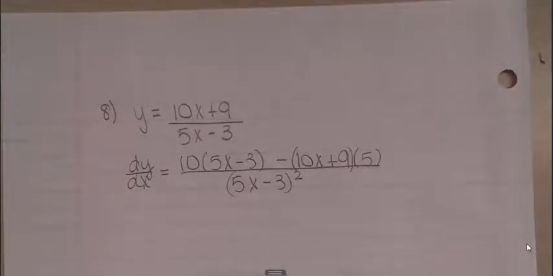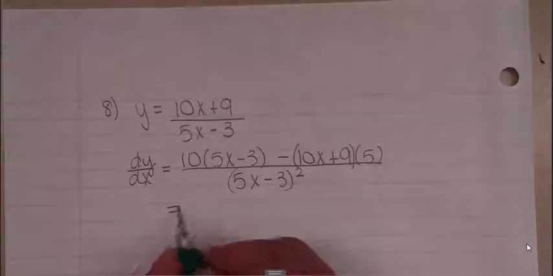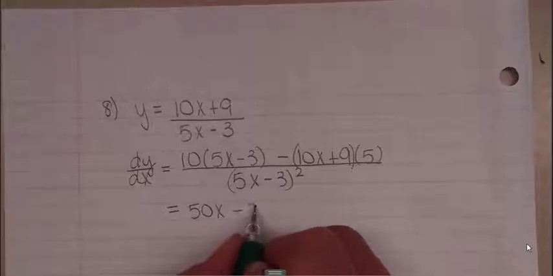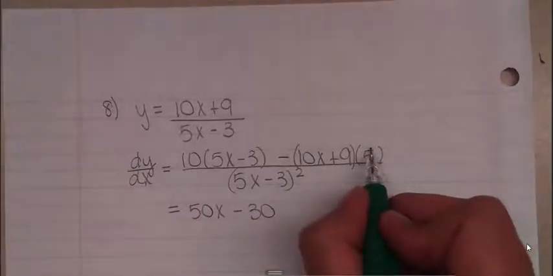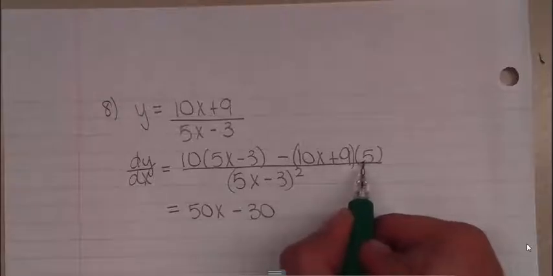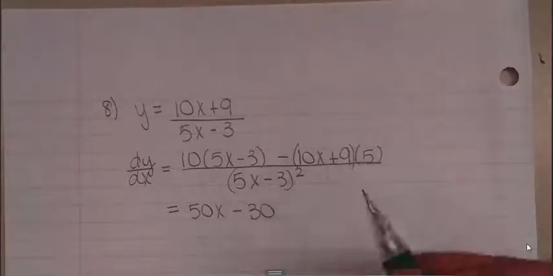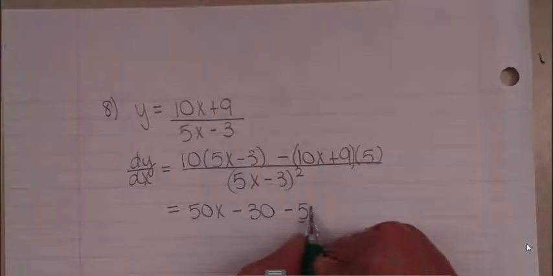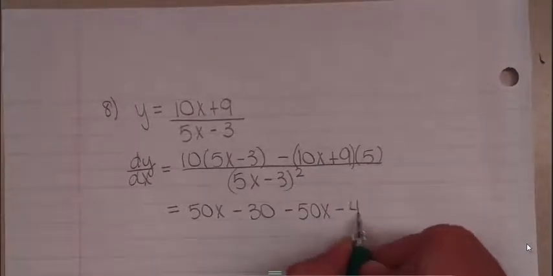All right, let's see if there's anything that we can do here. Let's do some simplifying. So I'm going to have 50x minus 30. Okay, now this is going to get a little bit tricky. So this is really like a negative 5 that is being distributed, okay? So I'm going to have negative 50x minus 45